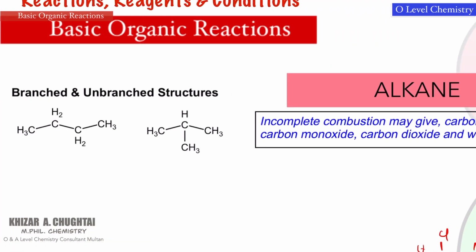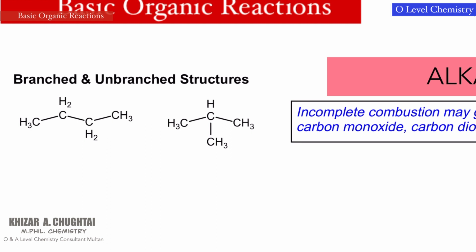The next thing that you must know is the branched structure and unbranched structure. If you have a compound with more than 3 carbon atoms, let's suppose 4 or 5 carbon atoms, then there is a possibility of 2 structures. One is said to be the unbranched structure. In this case, there is no branch. It is a straight chain structure, and there might be another isomer that has a branched structure. So you should be able to draw both structures efficiently. It is said to be the branched structure, and